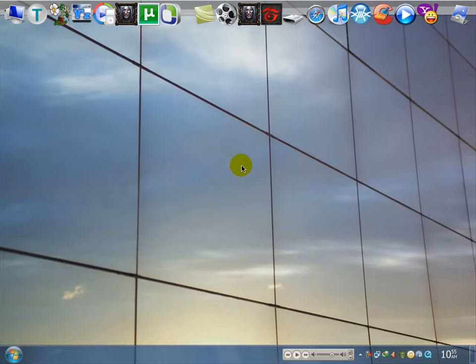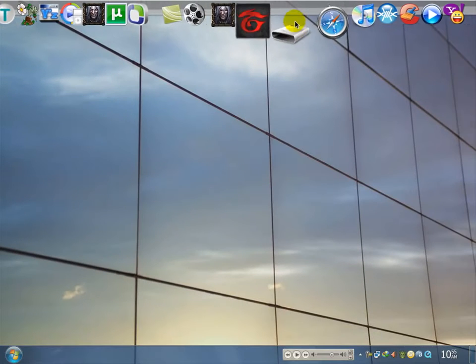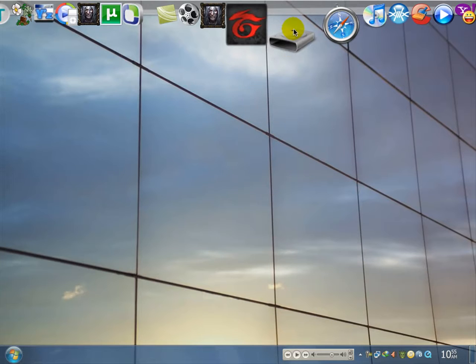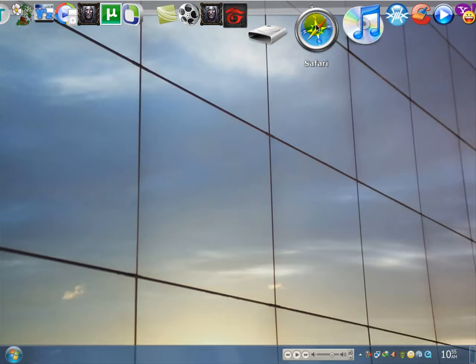What is Stacks Docklet? Usually we can see this in Apple Mac computers like this. If you want to download this, first open your web browser